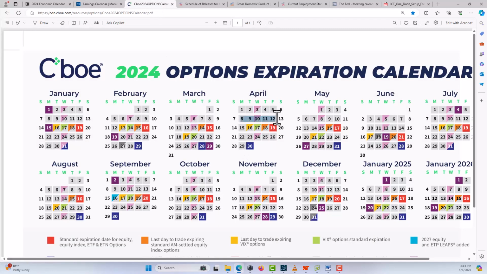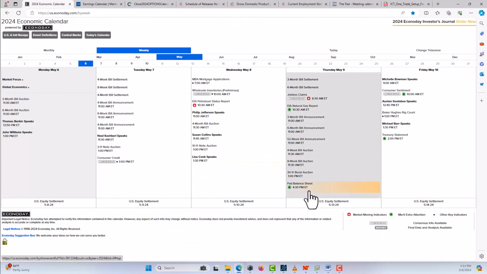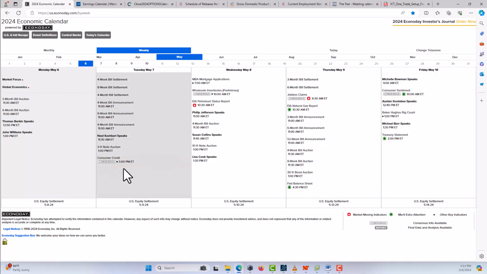For this week, we don't have any option expiration because we don't have any really huge or medium impact news this week. So this week is very silent. We may have some low impact data for unemployment, shoppers, maybe wholesale inventory, consumer sentiment, like a medium or low impact, and new consumer credit tomorrow.